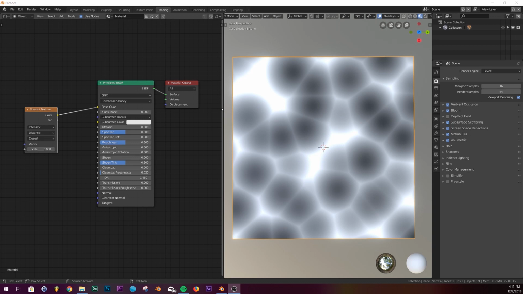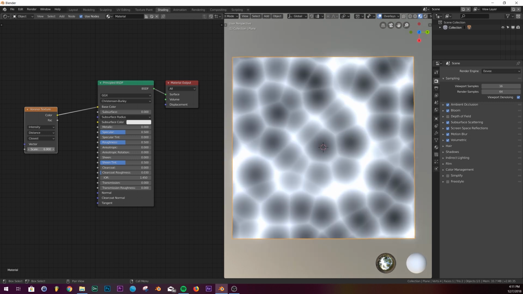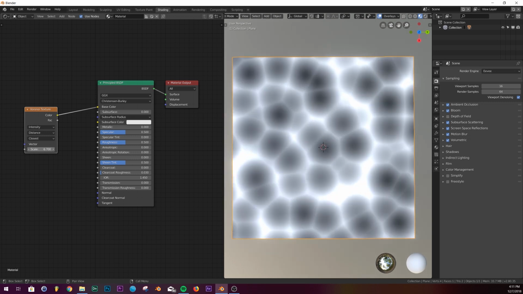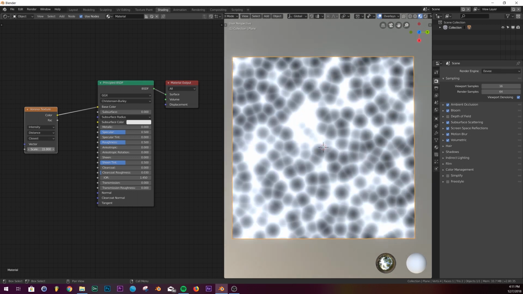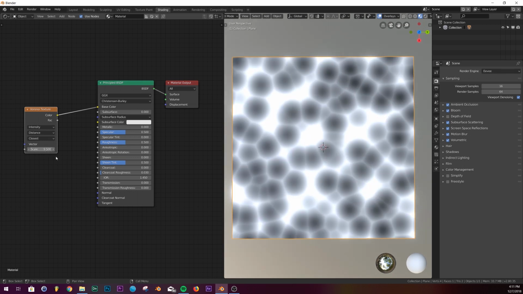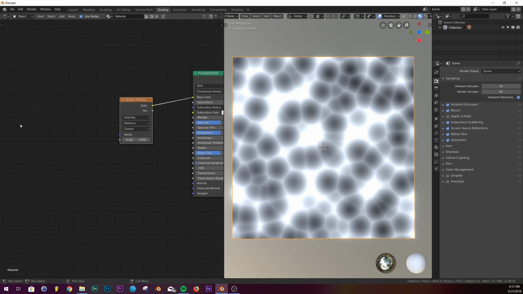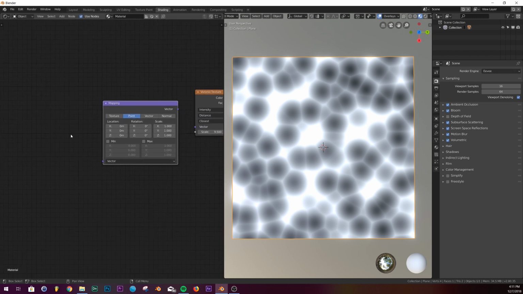Okay, so this is a quick tip on looping textures such as this Voronoi texture. For animation, you can click a keyframe and then just animate this, and that's really the only thing that's obvious for these textures. But you want to make it loop, so you just add a mapping node and a texture